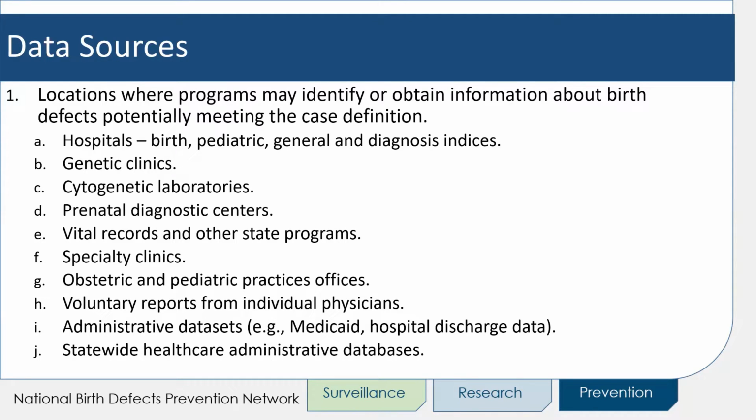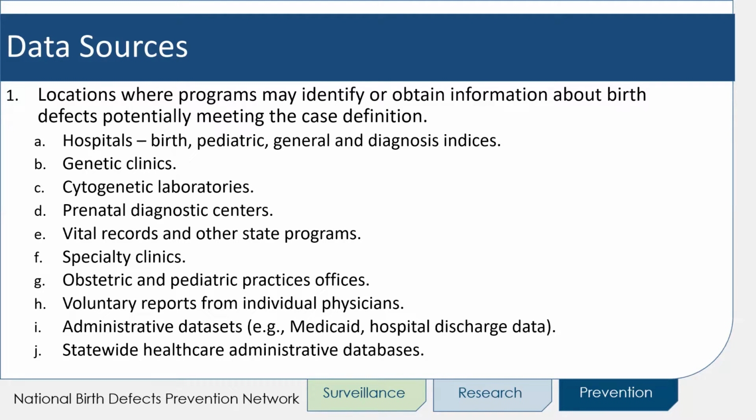Such sources include hospitals, such as birth centers, pediatric centers, as well as general and diagnostic indices, genetic clinics, cytogenetic laboratories, prenatal diagnostic centers, vital records, and other state programs, specialty clinics, obstetric and pediatric practice offices,